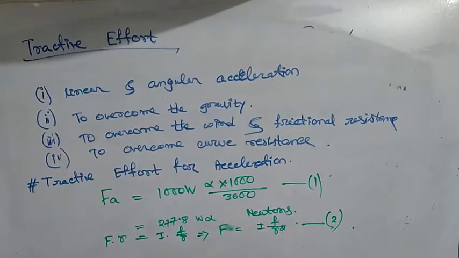This additional mass is best expressed as a percentage of dead weight of the train, the value of which lies between 8 to 15%. Now we introduce the concept of effective weight of the train WE, which takes into account not only the motion of translation of the train but also the motion of rotation of wheel axles and armature of motors and gears. Now equation 1 becomes